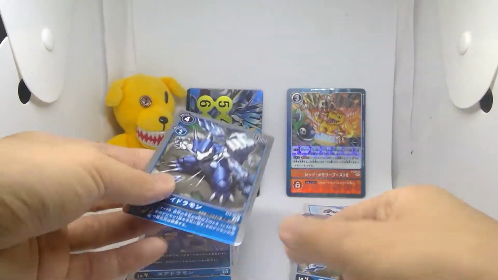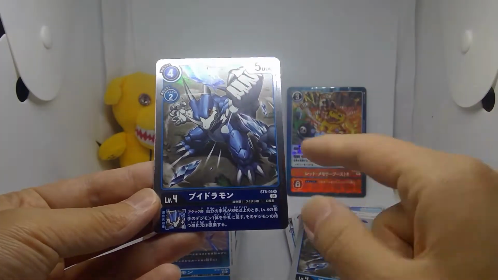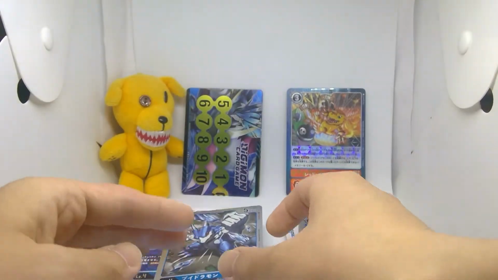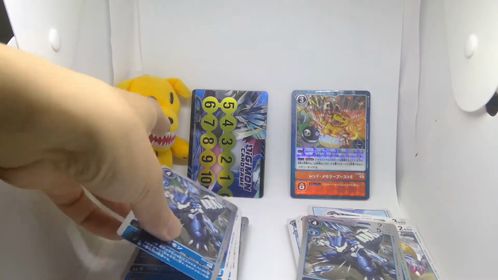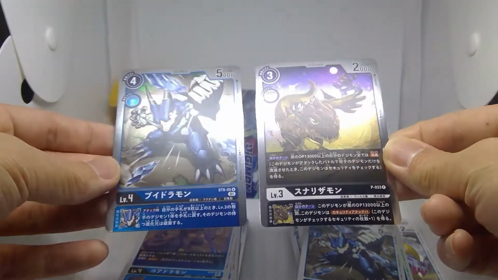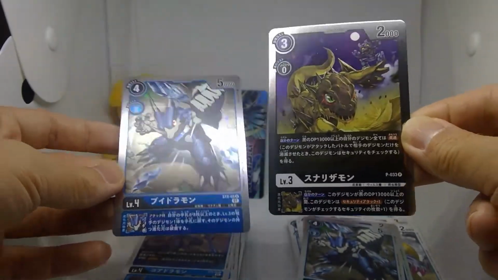But the thing I want to note was, interestingly enough, the side is silver. So this is kind of like the same hologram style as they do with promos, and not with super rares. So what I mean is, hold on, let me just show you guys. If we compare the Veedramon with the promo, as you can see, they both have the silver, right? It's the same kind of metallic style hologram. So this was the promo. However,